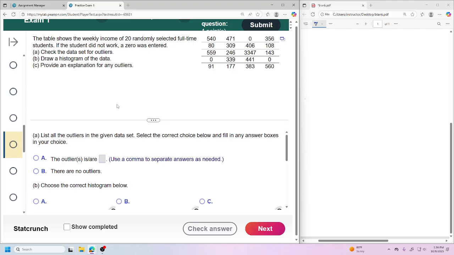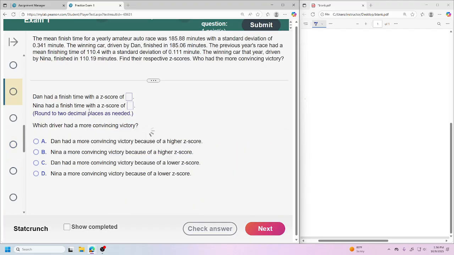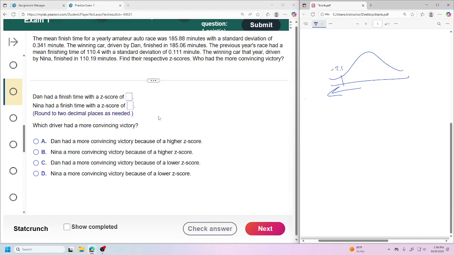Correct. That would be on the one we saw here, I believe. Yes, the lower one is yes, because lower means like this way. If you had a negative 2.1 and then a negative 2.3, negative 2.3 is more this way, which is less overall. It's more unusual. Cool, that's how you would answer that. Very good.